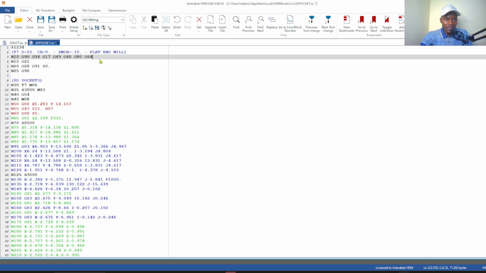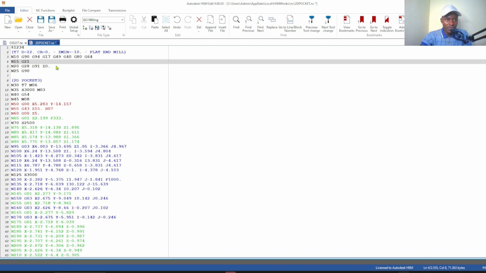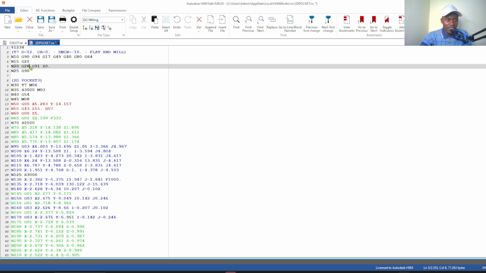So the machine will move smoothly between the program points without stopping for perfect corner accuracy. There is G21 for metric units. There is G28, you return the machine to home position. Then G91, you are good to go.